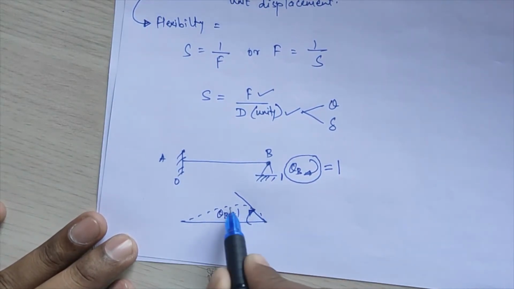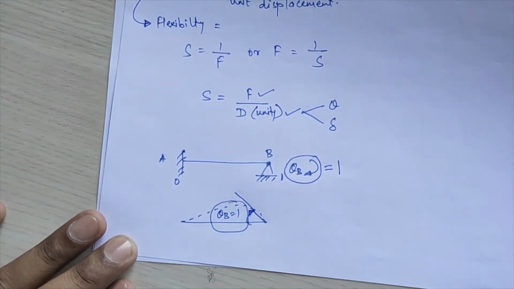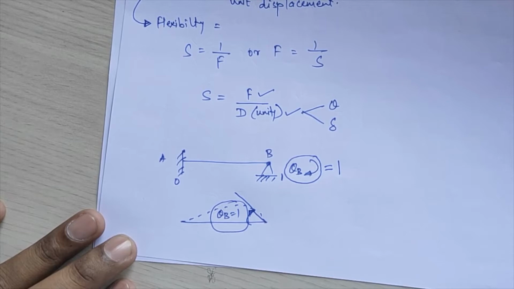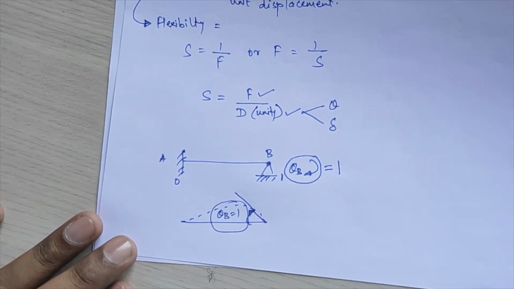So what you have to do here, you have to assume the slopes and the deflections as the translational displacements, and you have to assume those as unity initially. Like in the flexibility matrix method, where we are assuming forces and moments as redundants, here you have to apply theta and delta as your redundant displacements, or that will be called as your non-zero joint displacement.